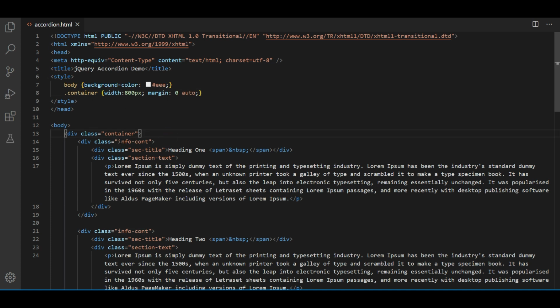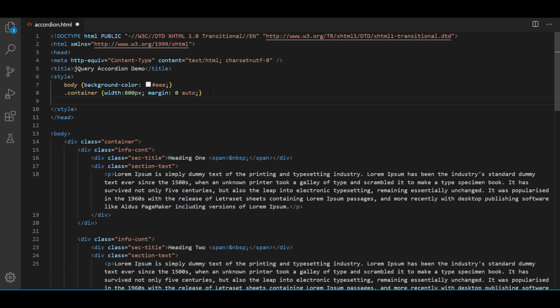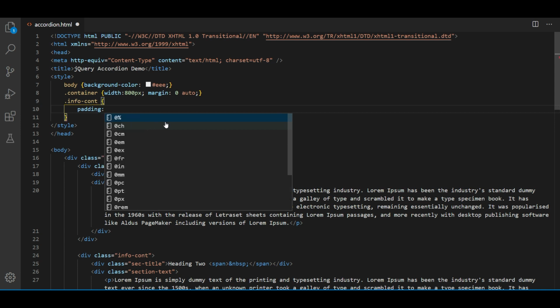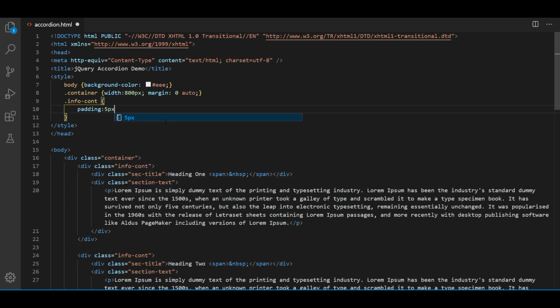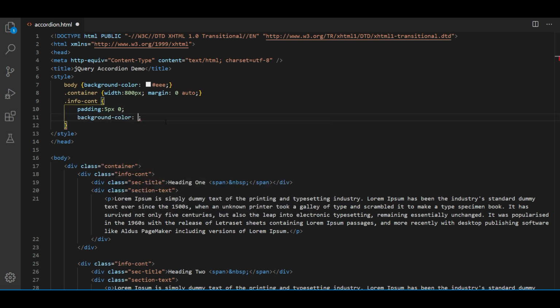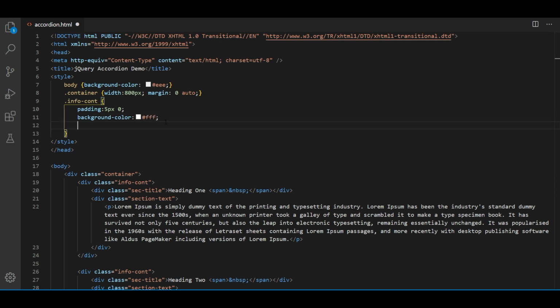Now let's add some code for the info content. Let's add some heading, 5 pixels from the top and 0 from the right side. Background color white. Let's add some shadow.